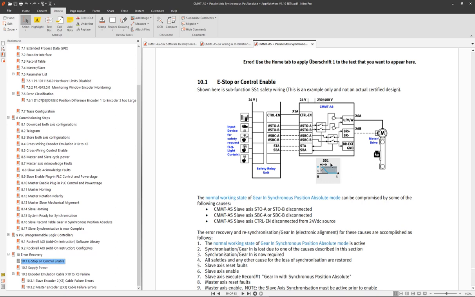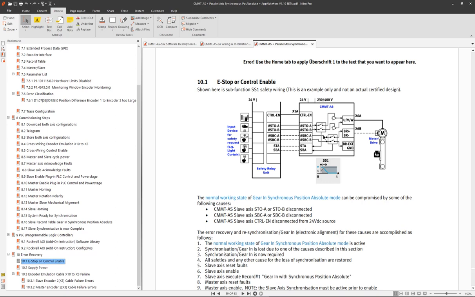SS1 stop is the norm for servos, meaning when we hit the e-stop, the control enable on the CMMT will be removed, and a program deceleration will occur. Upon the safety relay timing out, the STO signals will be removed, or the safe brake control signals will be removed, and therefore the power stage is removed. So basically the CMMT was control stopped, and then the power stage disabled, making the unit safe to work on,